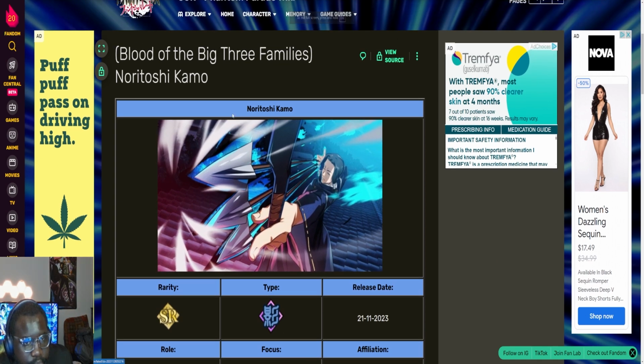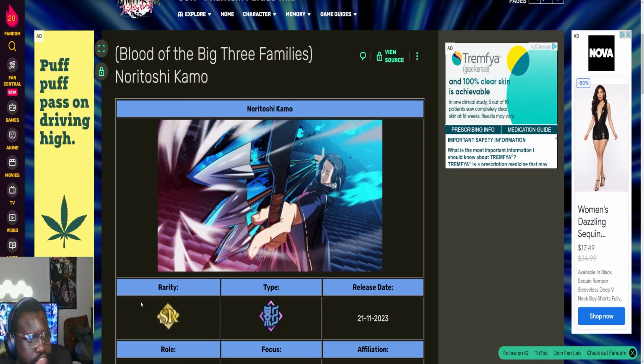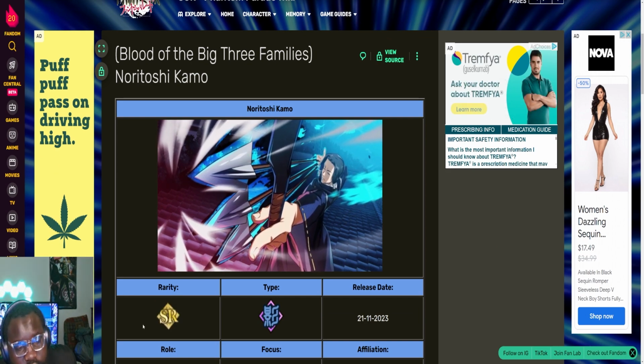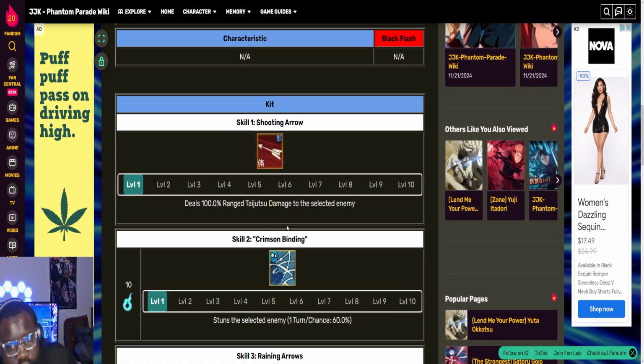Alright guys, the last character that I'm going to go over is going to be really fast, because I think he's actually pretty dog shit. Anyway, SR character here. So again, easy to get from the summon pool. I actually have him 5-star. The only reason why I put him here in the honorable mention is because